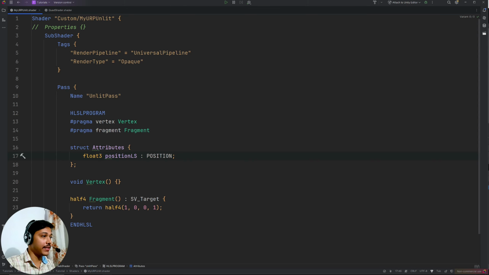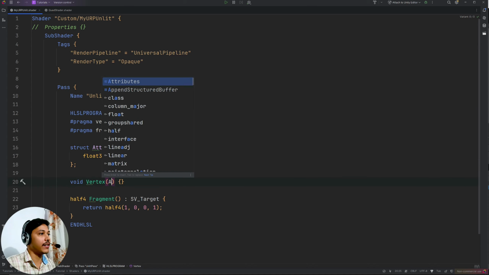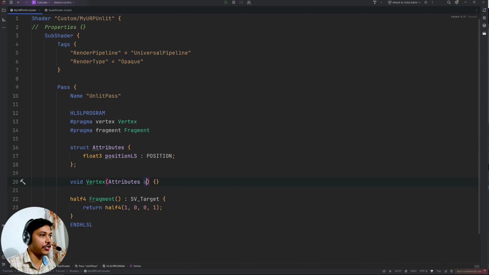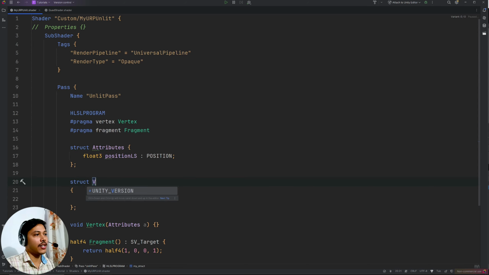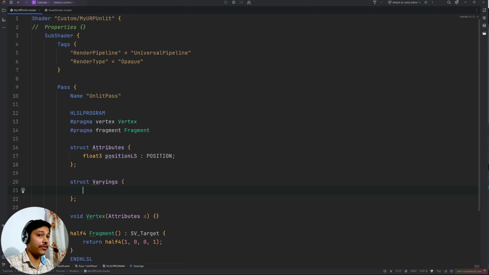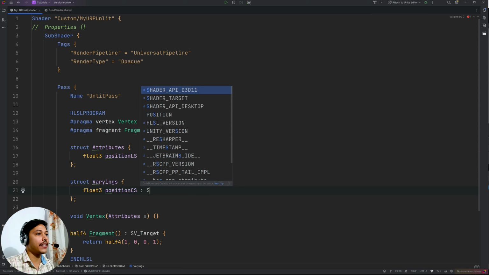Then I need to pass this data to my GPU, and I can do that by just defining an attributes parameter in my vertex shader. Then I'll need another structure. I'll call it varyings, and here the GPU needs to catch that position, so I'll go float3 position, and here I need to tell the GPU where to draw my cube on the screen, so this position will be in clip space, so I will go cs for clip space, and then I'm going to tag it with